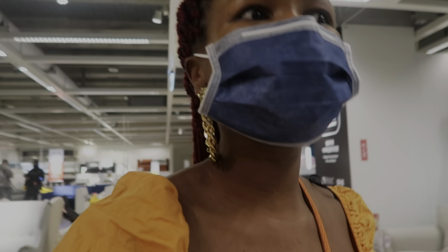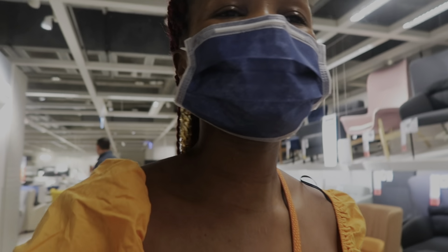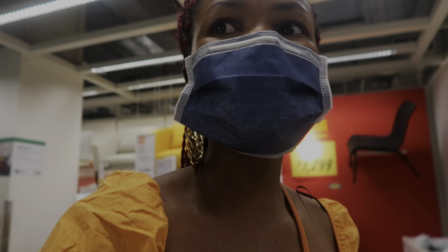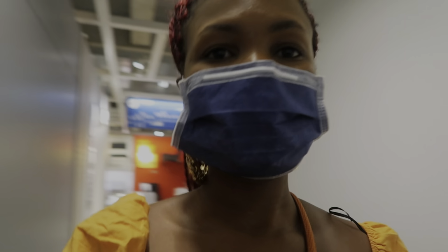Like, I just need space. I just want everything to have a theme and look nice, because I feel like if I get my own space, I don't have to keep on paying to use other people's spaces whenever I want to have a shoot or I want to do something, you know. So looks like there's another side here, so we're gonna...